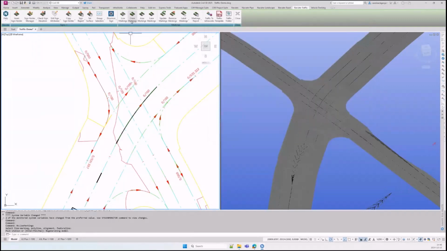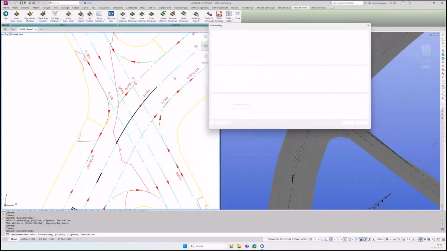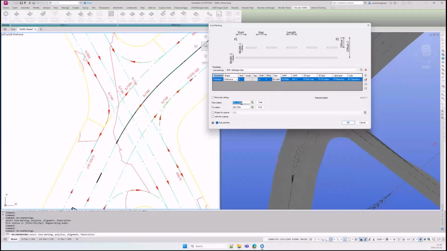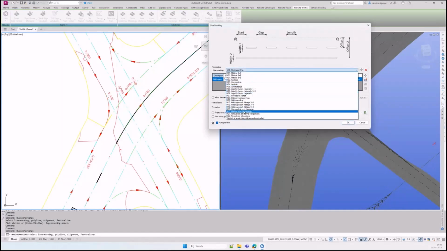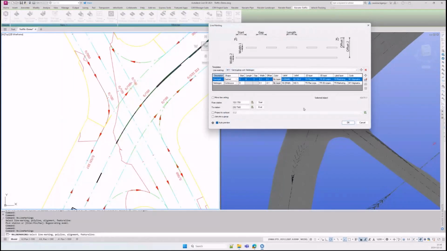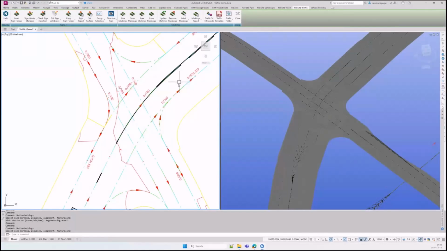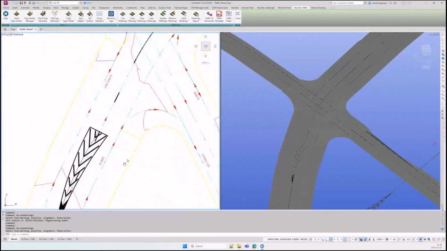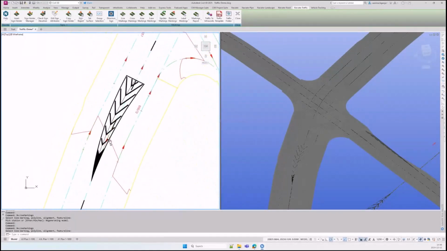I get that marking, and then I can start it again, and it's going to start where I end the last one. So it's remembering the setting from the last one so that you can actually continue with your design. We assume that you're going to do markings all along the line that you have there. So we get that in there. And this, of course, also works if you need to split it in the middle. So if I do a line marking and I click on an existing line,